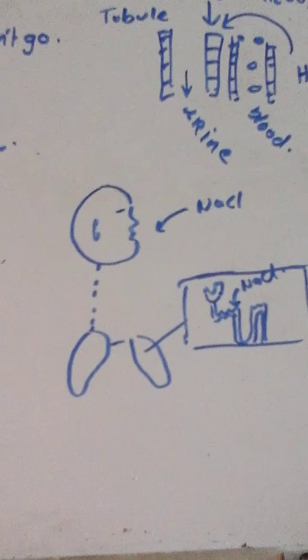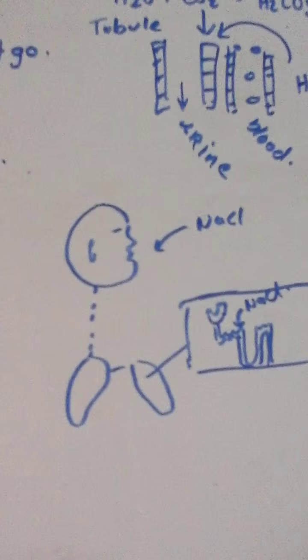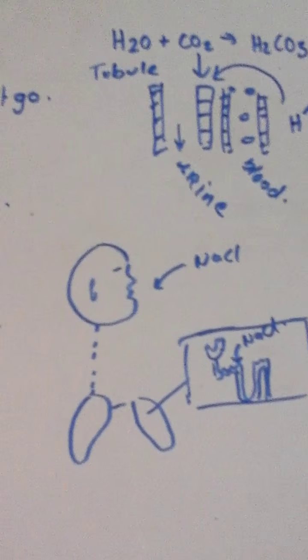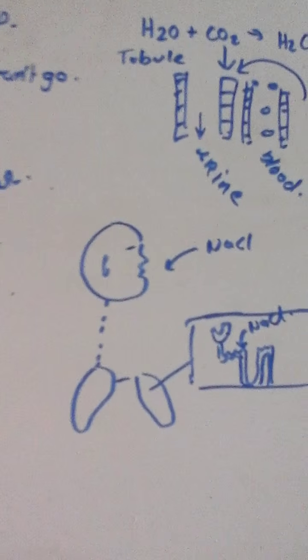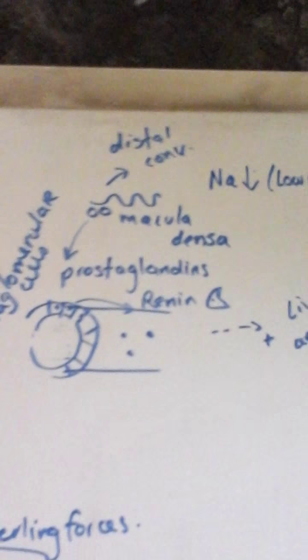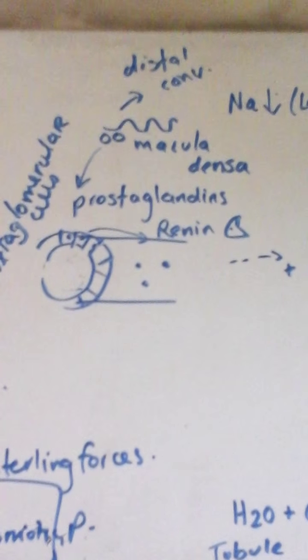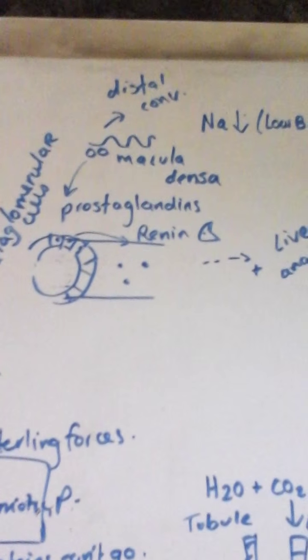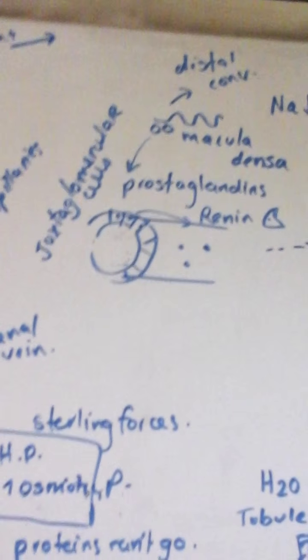So it's going to be excreted in the urine. The opposite is also true. So if we have low sodium chloride, a low level of salt in the filtrate, we're going to try to reabsorb. So somehow the macula densa cells sense that in the filtrate there's a low level of sodium because there's a low pressure. So what it's going to do is send prostaglandins down to the juxtaglomerular cells to